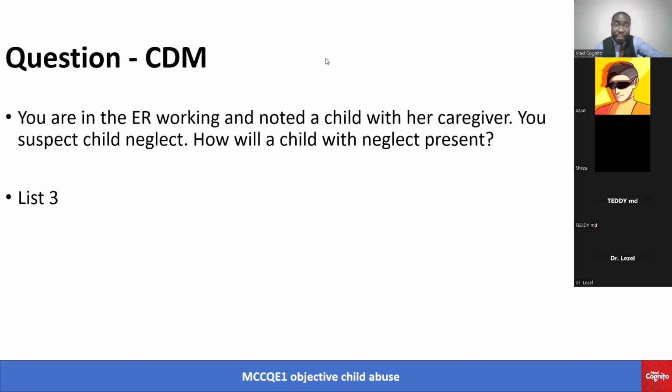Dr. Wally says bruising, Dr. Kana says eye contact. The child may look malnourished. Beautiful, beautiful. Poorly dressed, poor eye contact, shy, no eye contact. So may look not normal, timid and withdrawn, trauma in unusual parts. Okay.